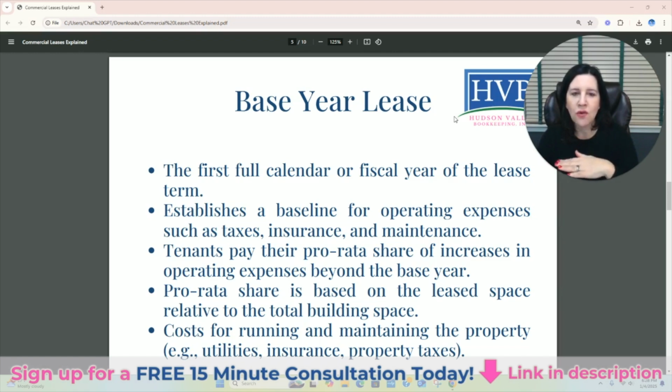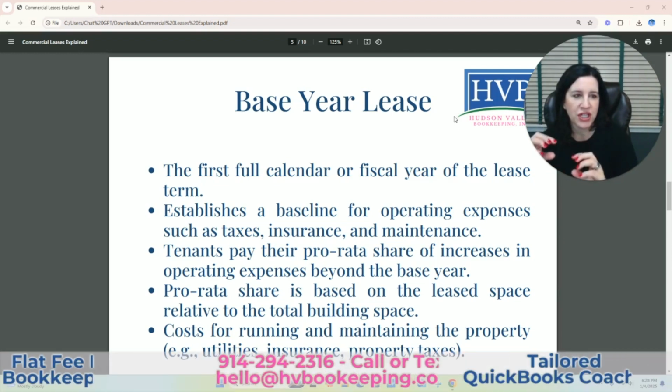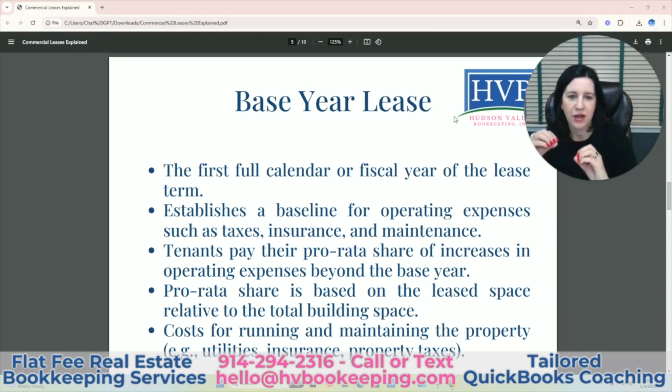So anything over that base year. As taxes go up, say the office building has $100,000 in taxes, and then it goes up $5,000. The tenant is only going to pay their proportionate share, that's the percentage of the building that they're in, the proportionate share in their lease, and only above base. So if it goes up $5,000, whatever their percentage times $5,000 is how much they need to pay